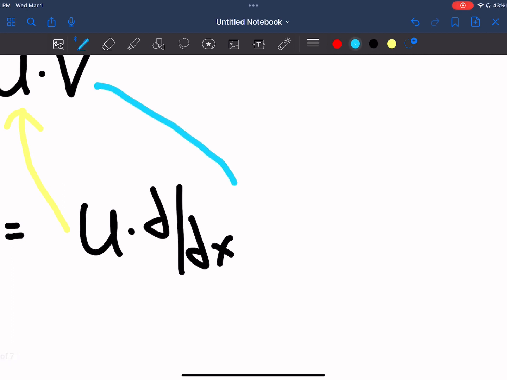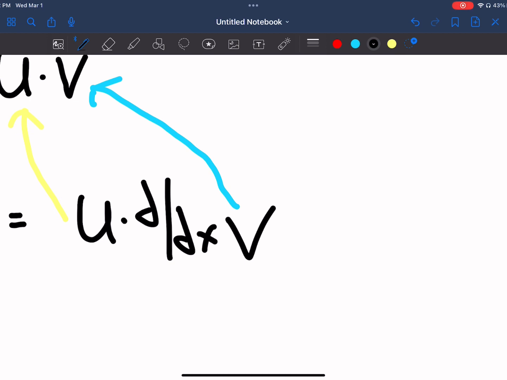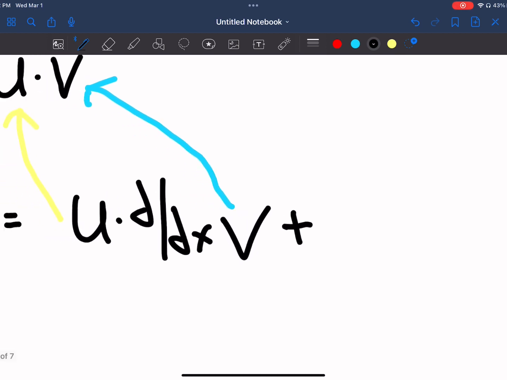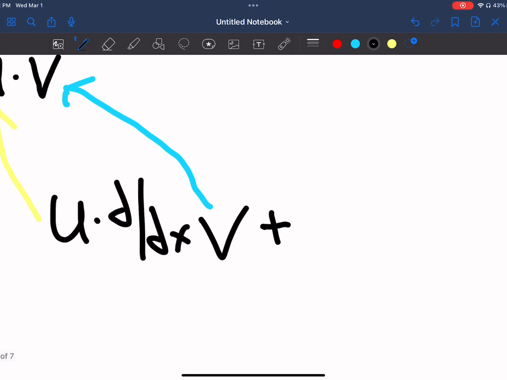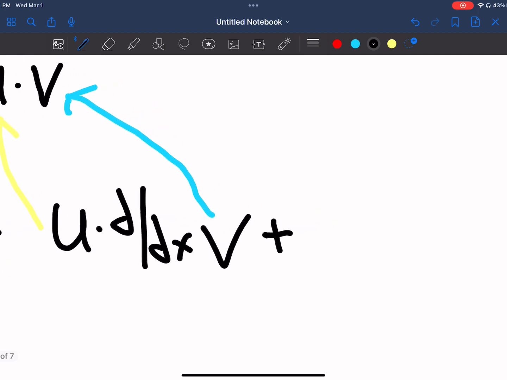As you notice, we keep the u constant, so we have u, whatever u may be. U could be anything. It could be 4x, 10x, it doesn't have to even be x. And then we're going to multiply it by the derivative of v. V could be anything as well. It could be 5x, 20x squared, 20 plus x to the power of 5. And then we'll add it